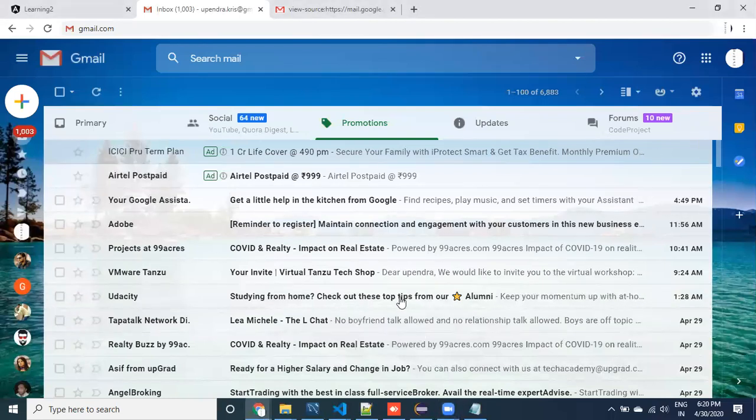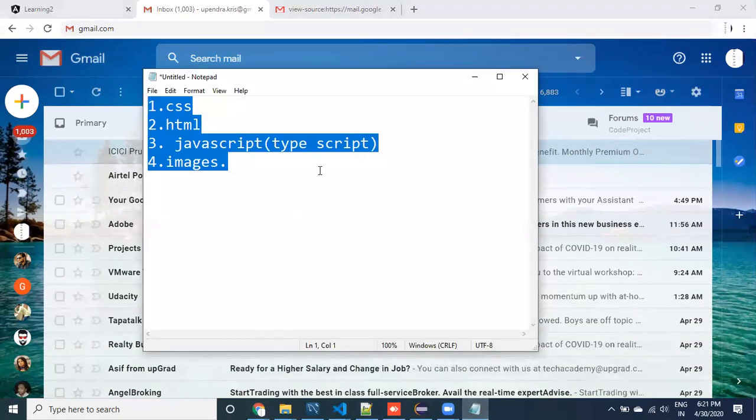To develop this kind of web application, we need to write a lot of code. Writing all the code in the same file is highly impossible. That's why this application is going to be divided into multiple parts. Each part is going to be, of course, yeah, let me show you diagrammatically.